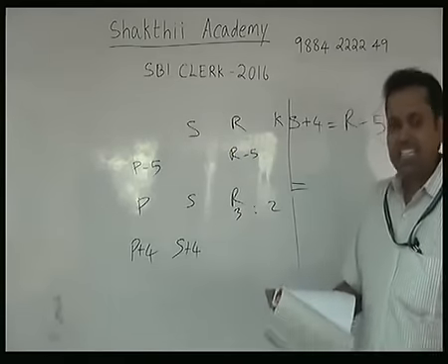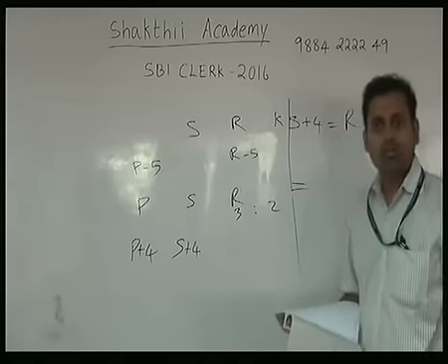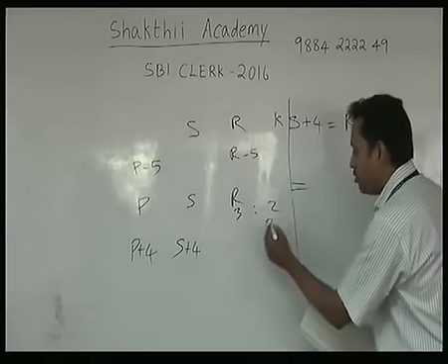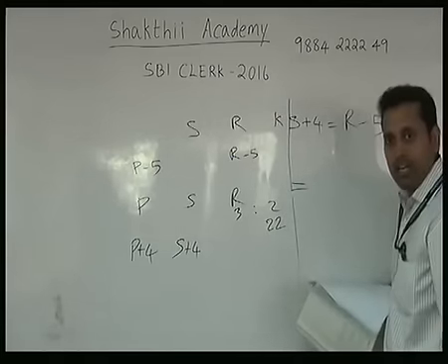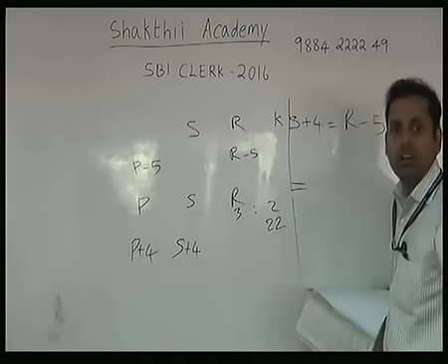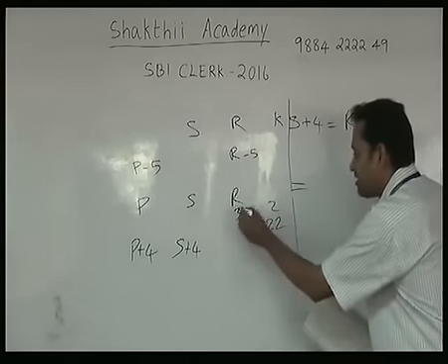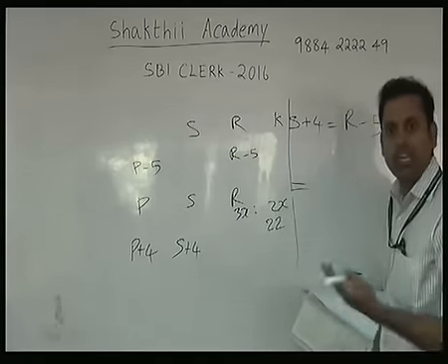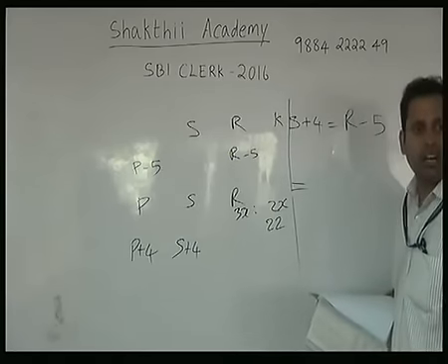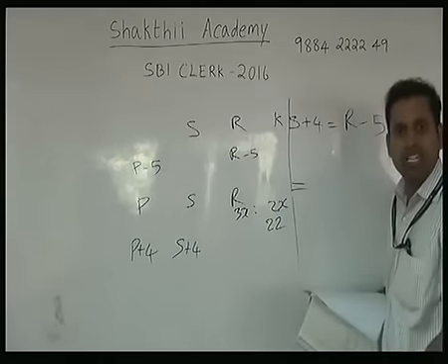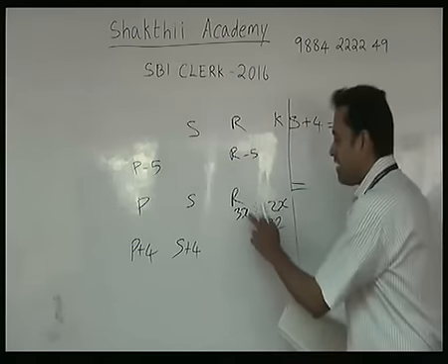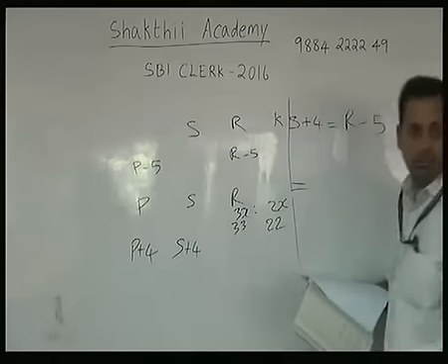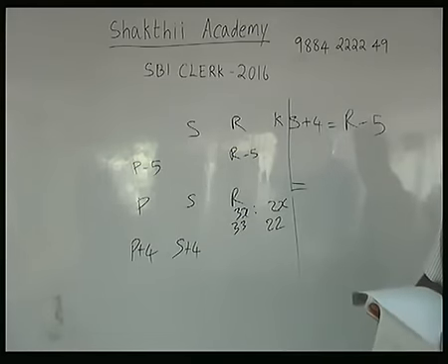Is it clear? And in the question itself, they have given very clearly that Komal's present age is 22. So now I know the original age of Komal is 22. I know very well 2 into x is 22, and this is 3x, this is 2x. 2 into x equal to 22, so x equal to 11. So when I substitute the 11 here, what do you get? 33. Radhika's age is nothing but 33.